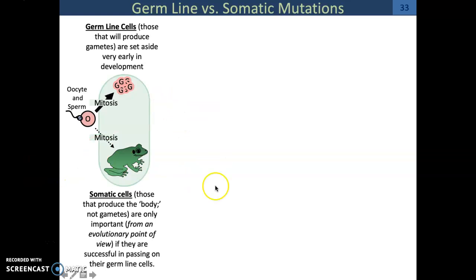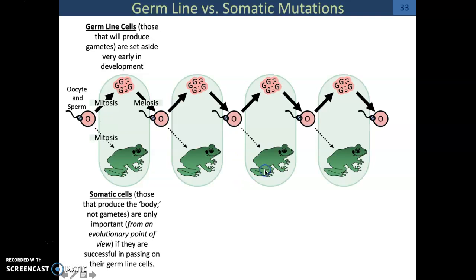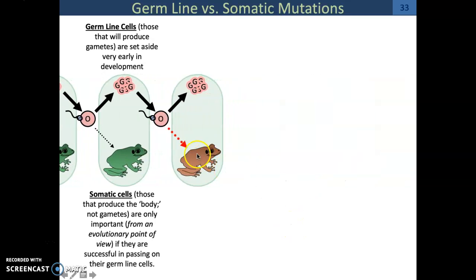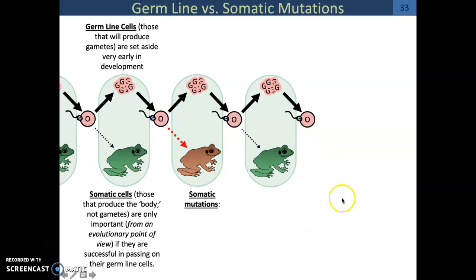So what these are going to do is pass along their genetic information, right? And then what we'll eventually get over a long period of time is the same type of frog, and there might eventually here be a change, right? And what this change here is representing is actually a change in a body cell, right? So while the organism is already formed, right? And this is going to affect the individual in whose body that mutation occurs, but these will not be passed